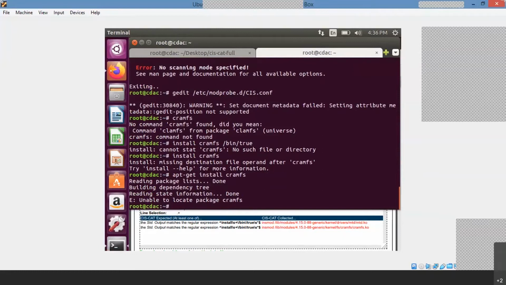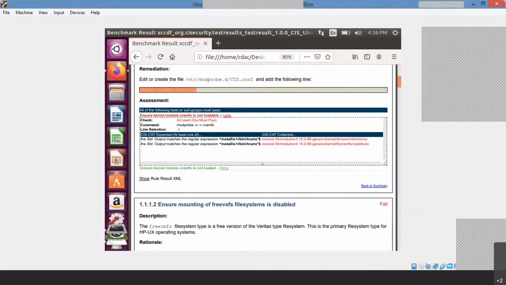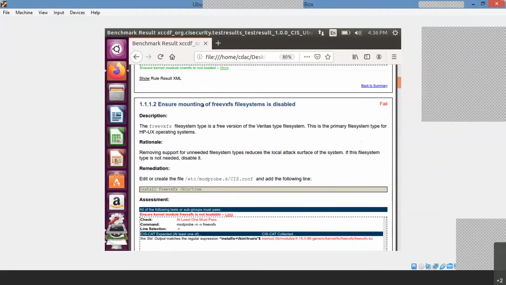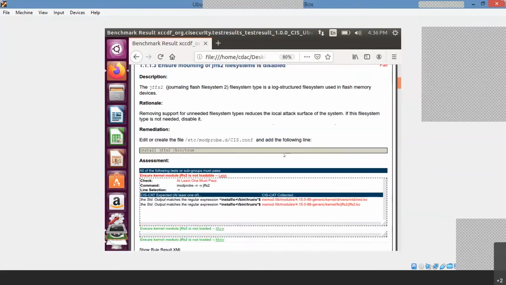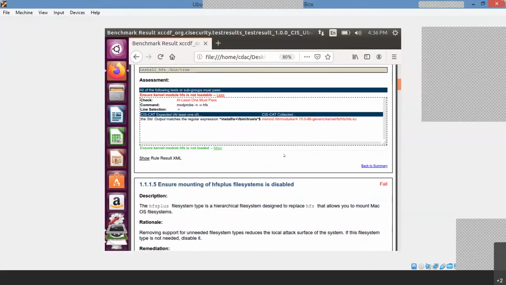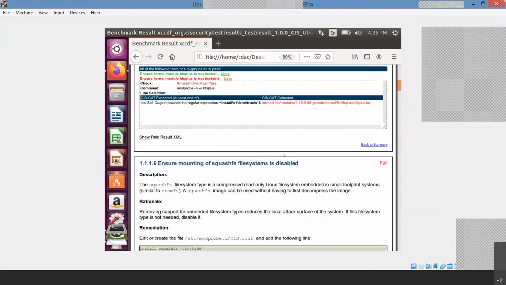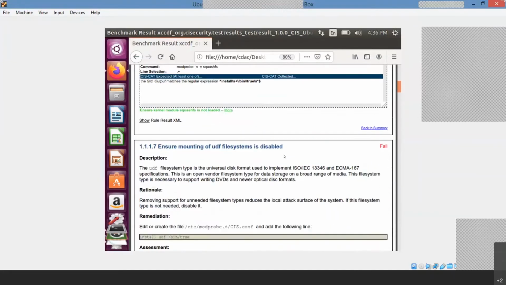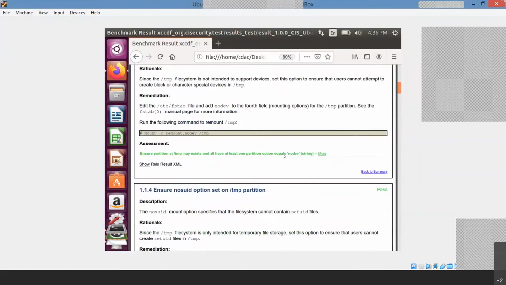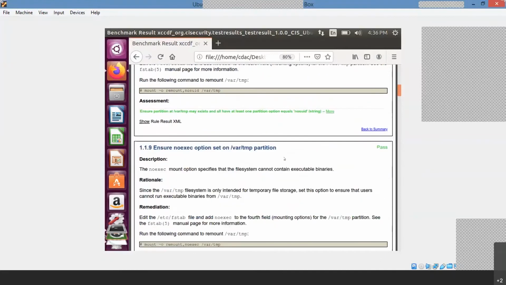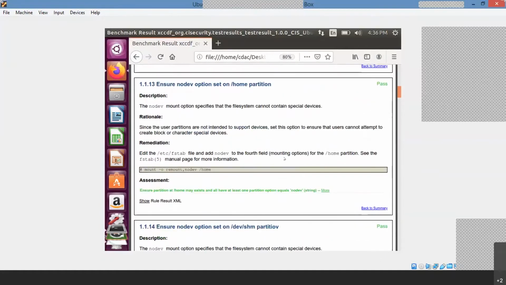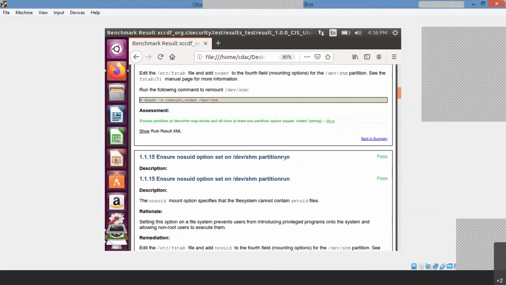Okay. So next is this, which is also with respect to the file system only. I think which is required, you can just take it out. So you can just go to the main commands which are required from your hardening point of view. This is with respect to the file system. I think you can just ignore it. But the main home file system and all those should not be ignored. Okay.